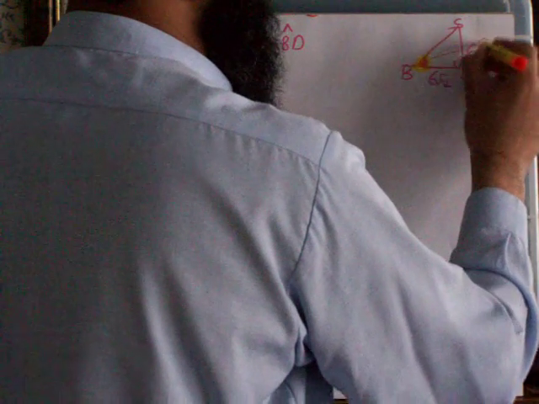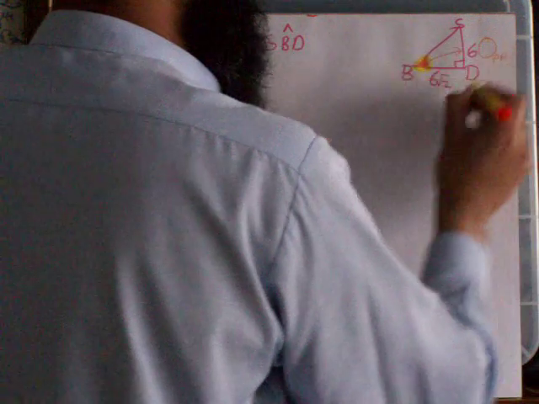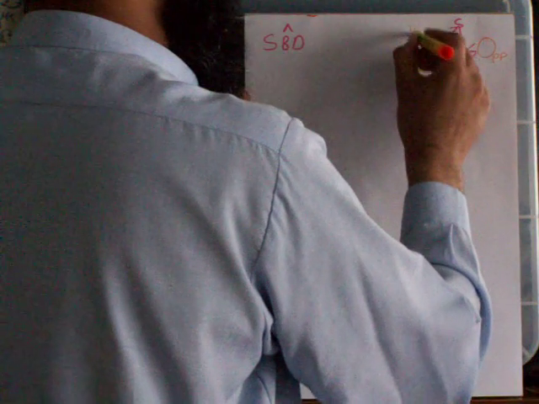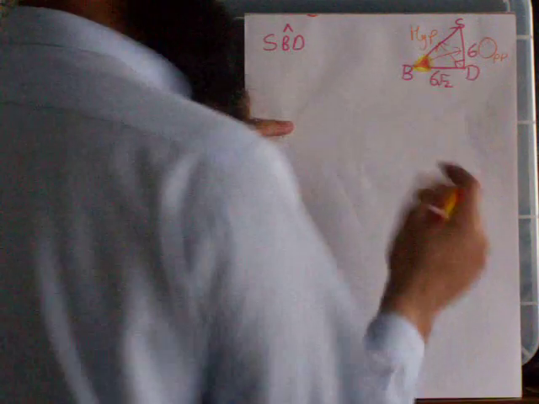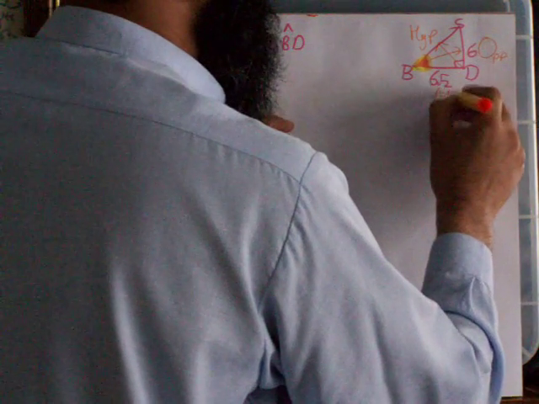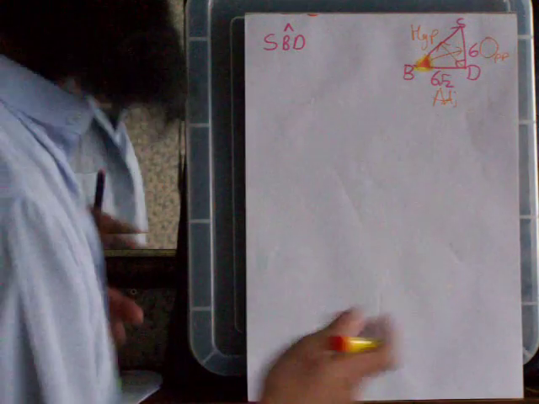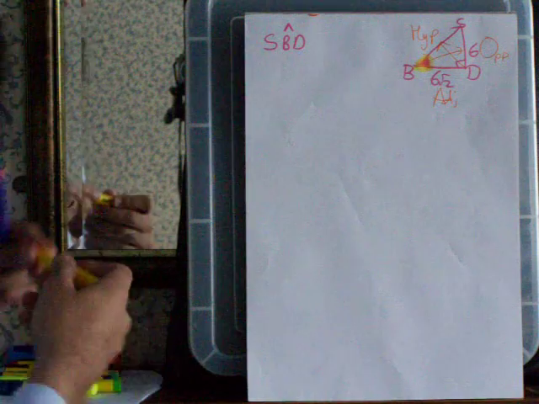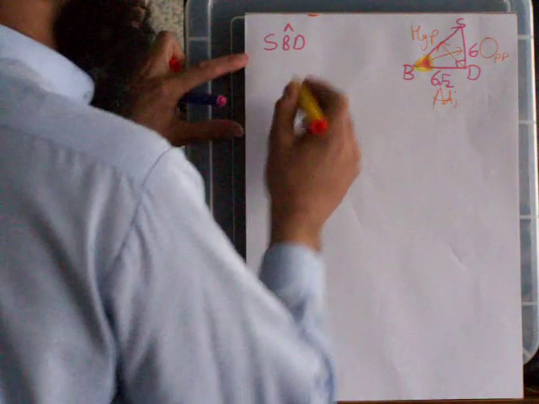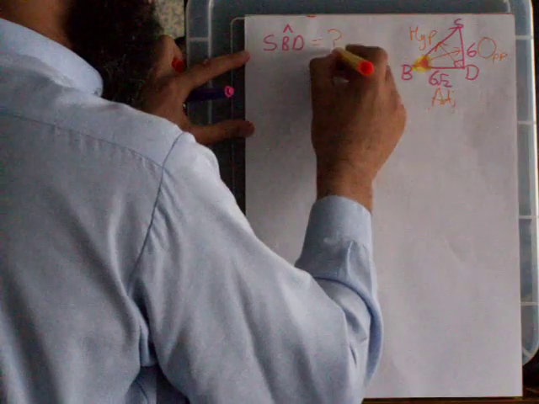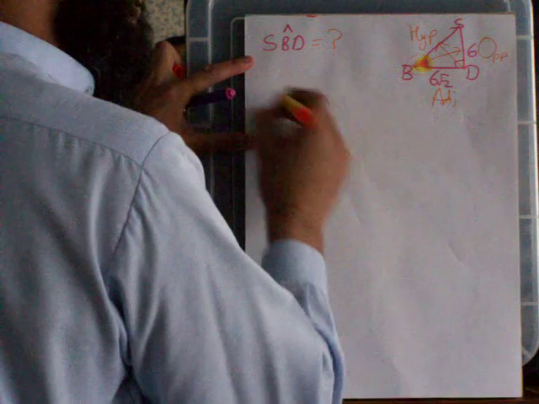So first of all, this is the angle I'm concerned with. The side opposite the angle is called the Opposite. Opposite the right angle is called the Hypotenuse, and the leftover side has to be the Adjacent. We always do the adjacent last because that's what's left over. So don't try to label it first. SBD is what we're trying to work out, which is this one over here. Now, we need to look at